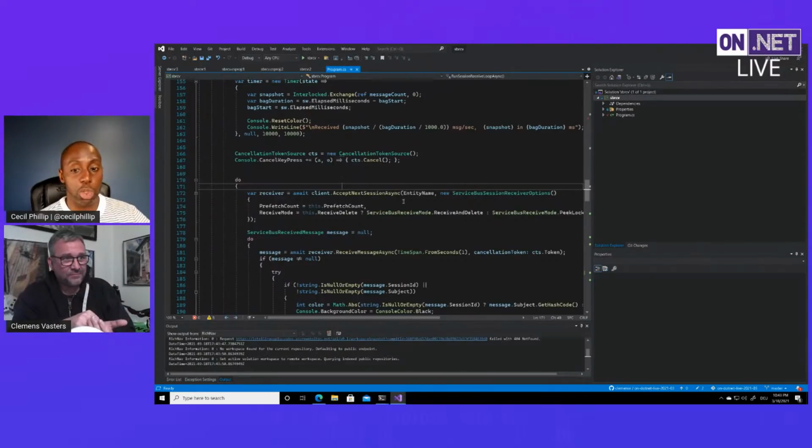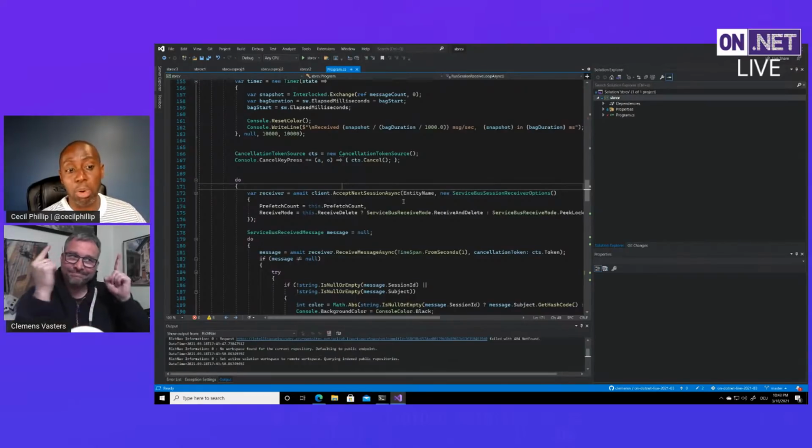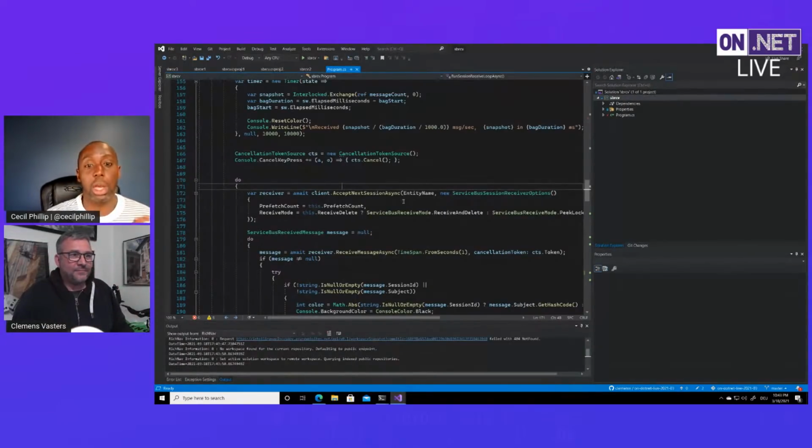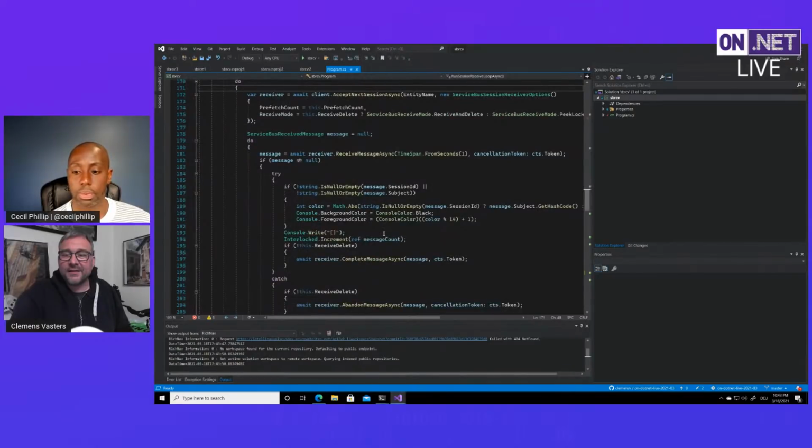So I was saying, this could be a way that you could create a workflow, right? I have a set of steps that are dependent on the previous or the next one, and so I need them to be processed by the same worker, right? Exactly. And so now I could do that with something like sessions. Yes, and even better,